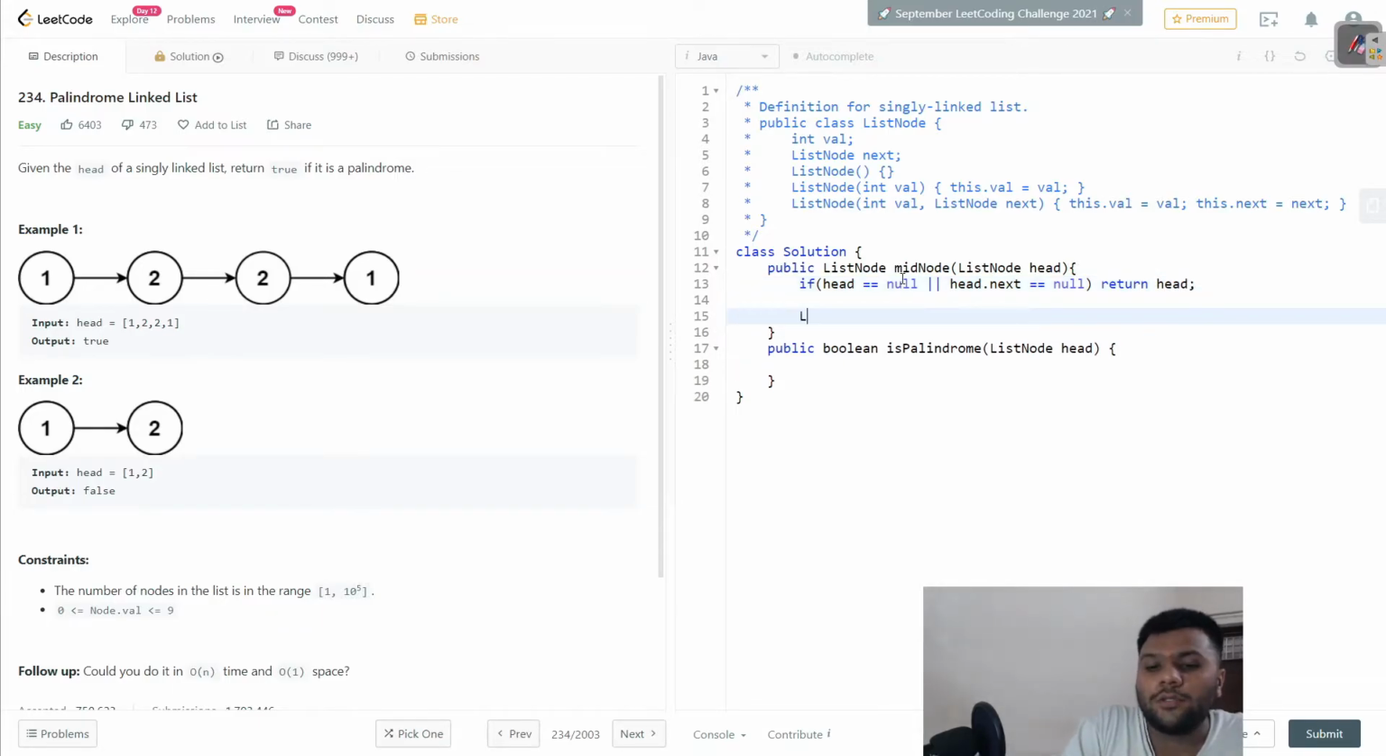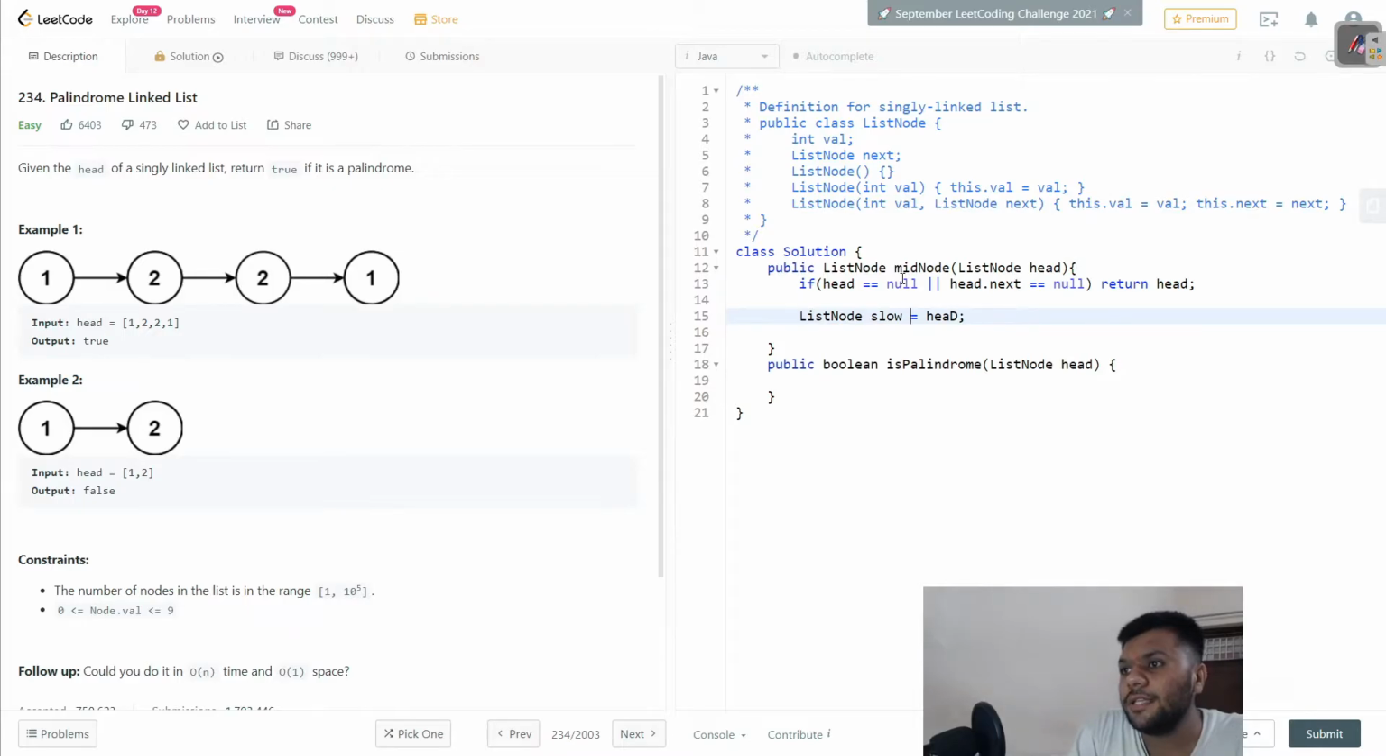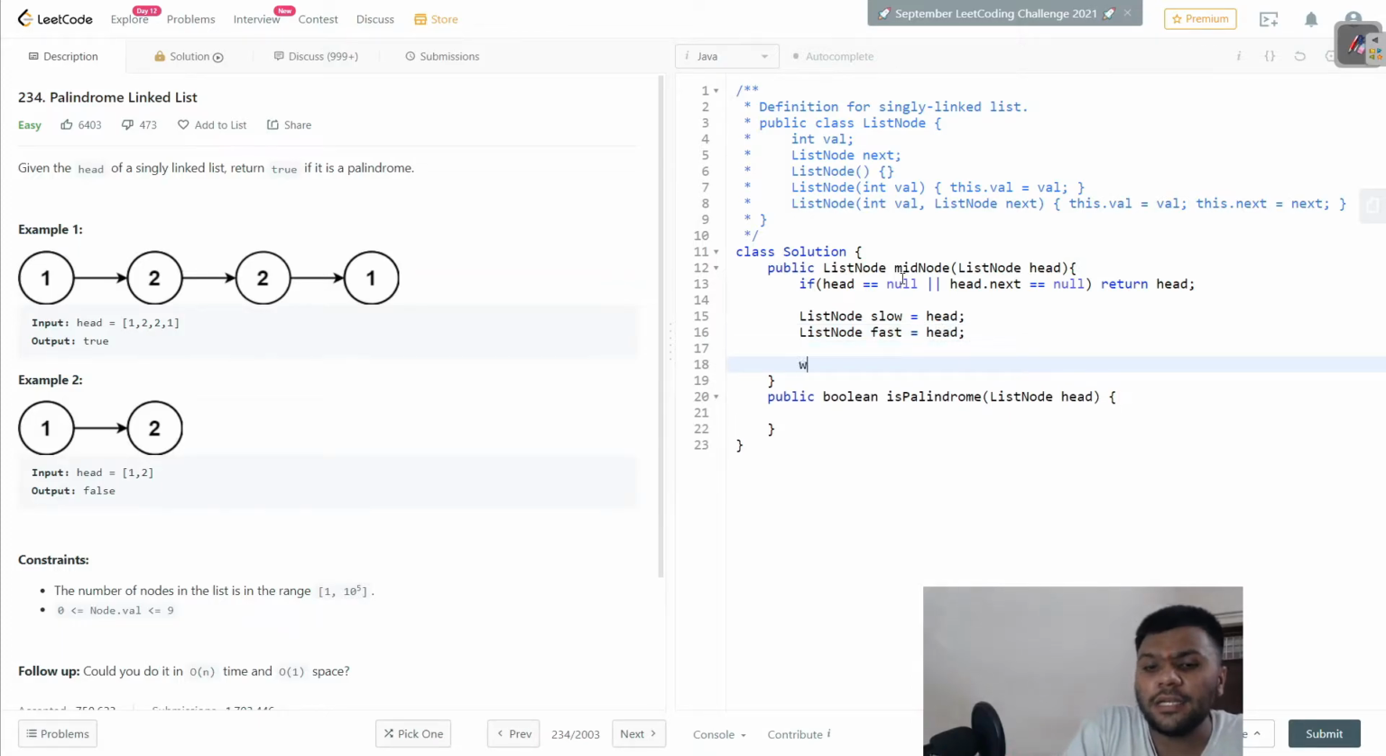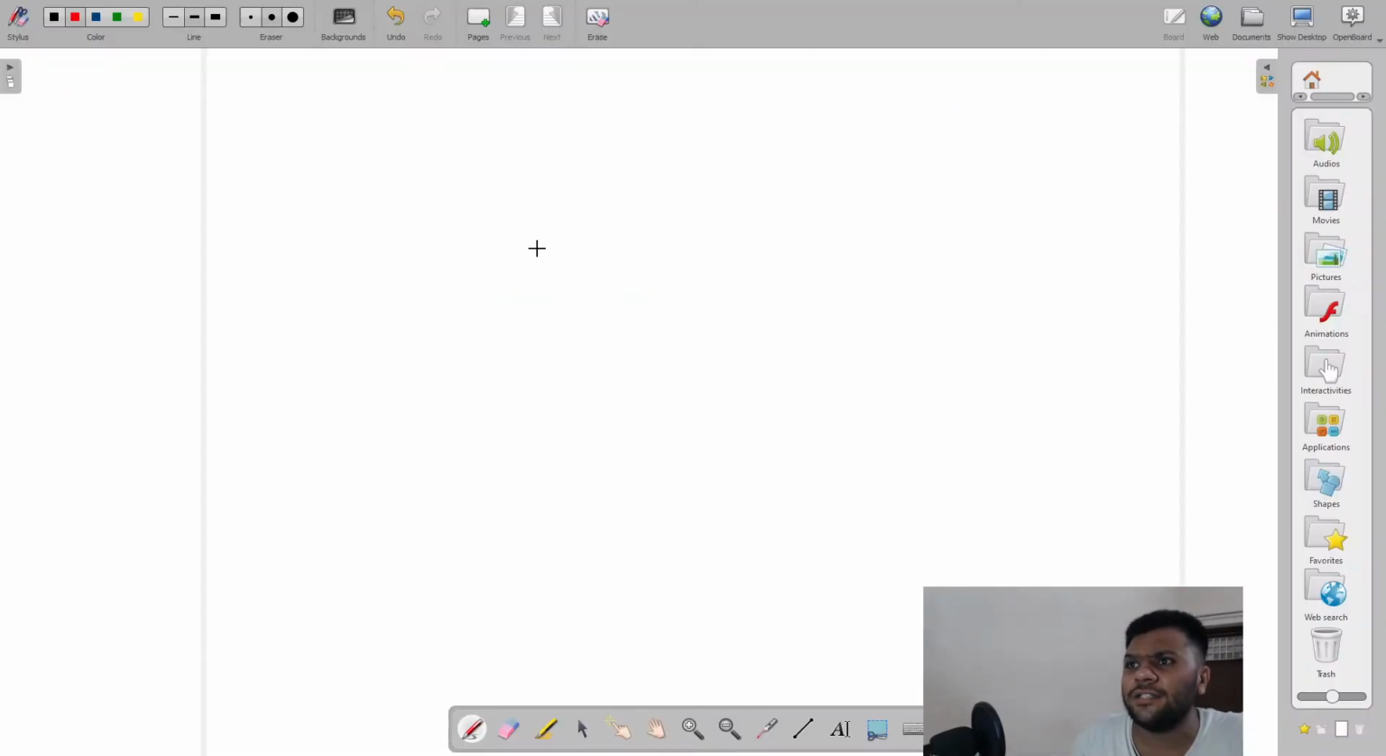Okay, all right. So now what I will do, I will create a slow pointer and a fast pointer. So my slow pointer is initially at my head, and similarly my fast pointer is at head as well. Okay, I hope this thing is clear. Now I will run a while loop. My while loop will go till my fast dot next not equals to null, and my fast dot next dot next not equals to null. Okay, so this condition is clear, like why I did this condition, because